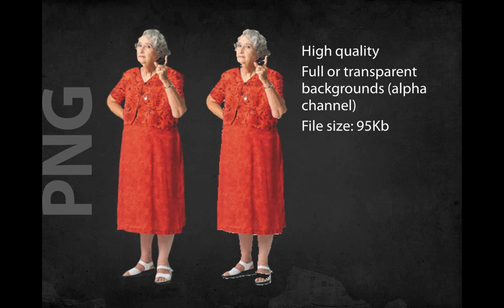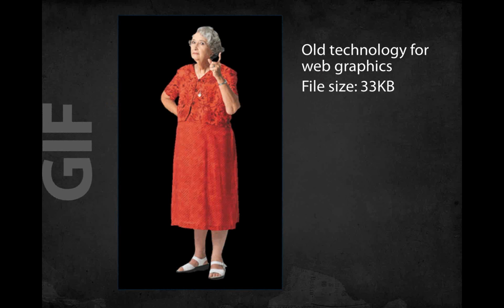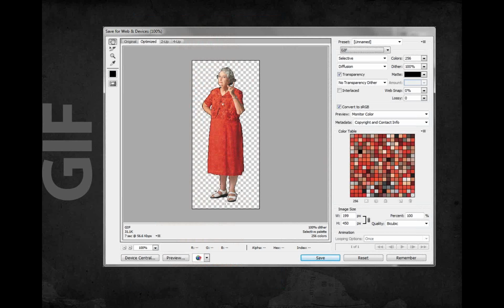The reason I was just showing you that is to say there's no one perfect answer to anything. A GIF file does give you a little bit of a transparent background. It's an older technology, and one of the problems with GIF is that it uses a limited color palette. I think it's 256 colors is the max. So some graphics just don't look good. My recommendation is to forget about GIFs.